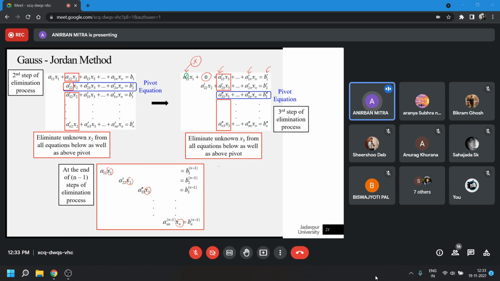Yes, yes. You have a diagonal form here, not upper echelon form or lower echelon form. You have a diagonal form. Yes, sir. So if you write this in terms of a matrix, you have A11, you have A22 dashed, like that, go to ANN n minus 1, and all other terms, these will be zeros. Like that.